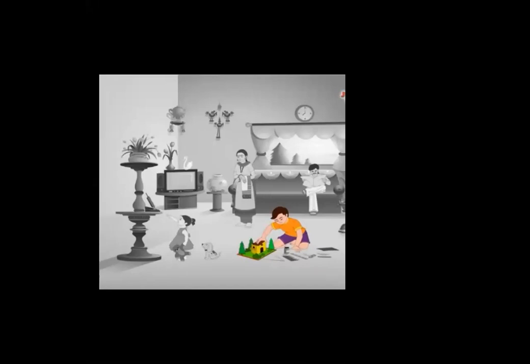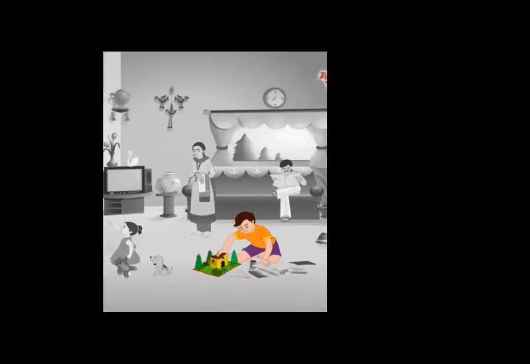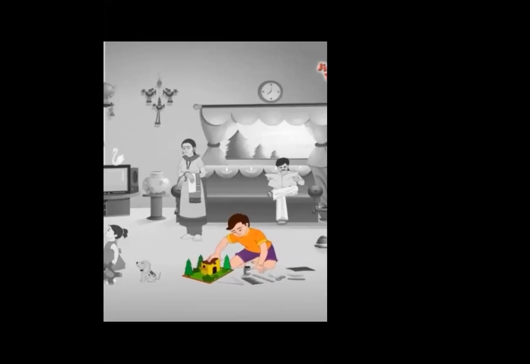So here in the picture, we can see all the family members are there in the drawing room. First of all, as you can see, a boy is sitting on the floor. Instead of saying a boy, we can give him a name.